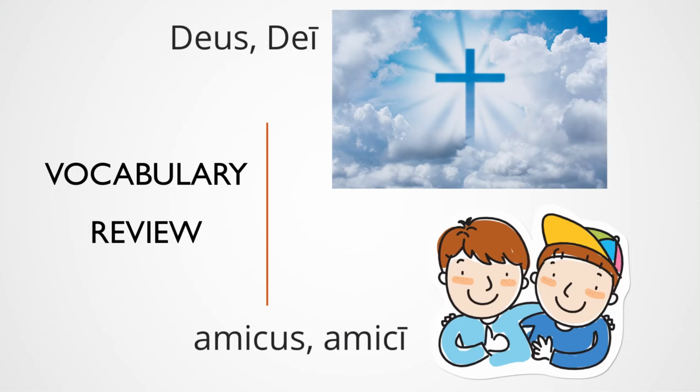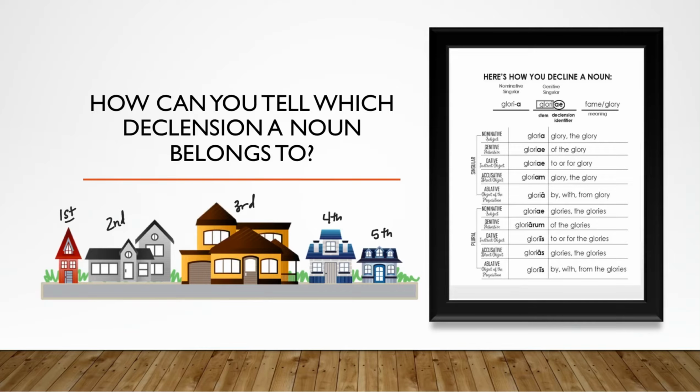Now let's get familiar with our ciphers. Remember, to identify a noun from the first declension, we looked for that AE in the genitive singular. That's a really important ending, remember? Well, same thing for the second declension. We look for the I with a macron, that little line on top, to see whether or not it's from